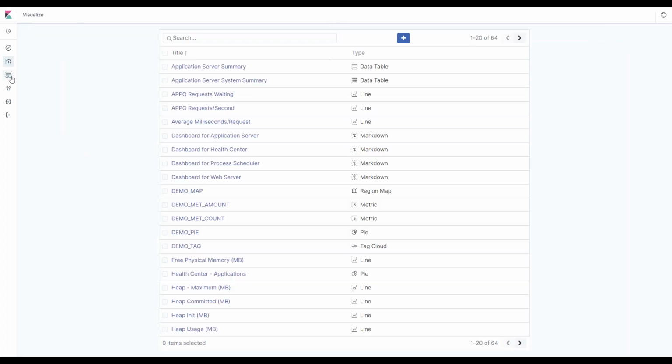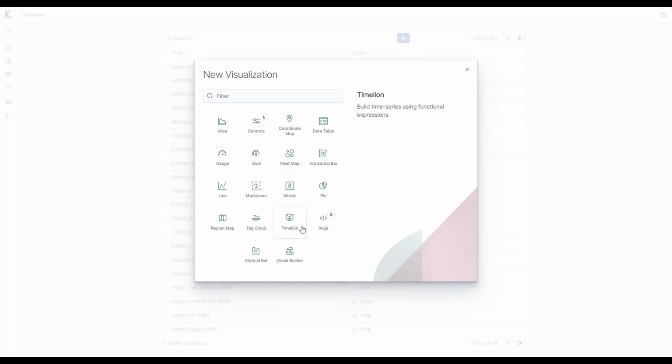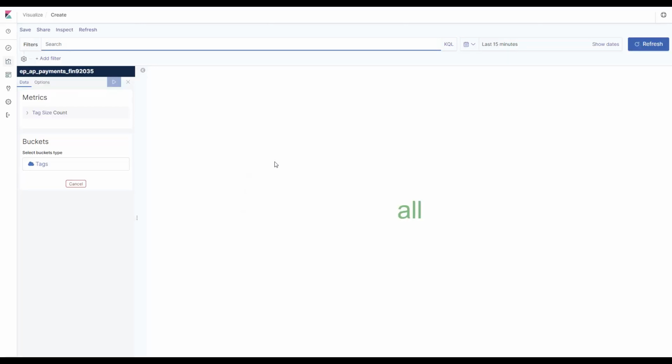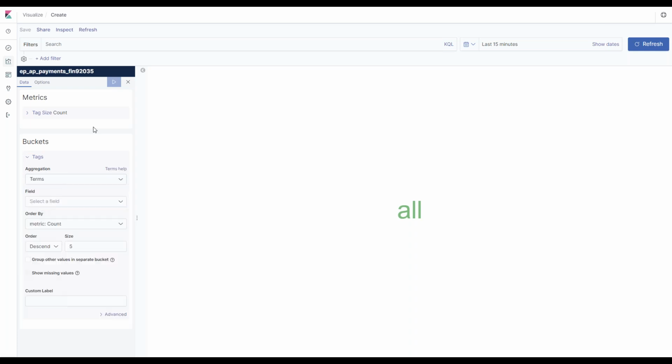Back to creating the tag cloud. That tag cloud that I showed, another simple example. We would click on payments again. Once again, we're counting, and what do we want to count? We select terms. That's how you define how you want to split up your data set.